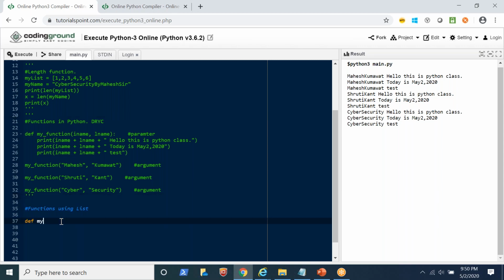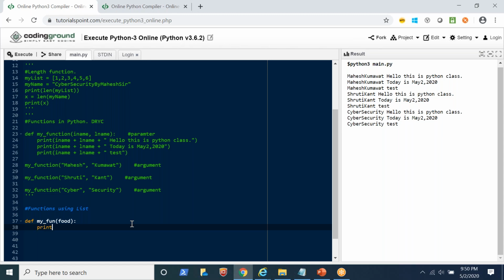My fun. I am giving here some variable. The variable name is food. Colon, which is the syntax of Python,